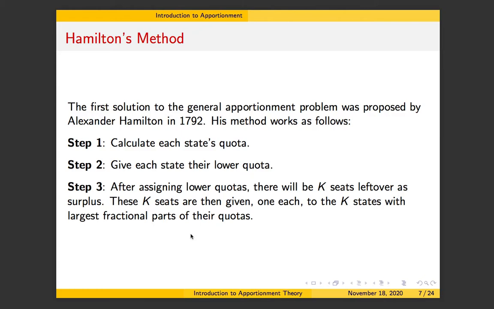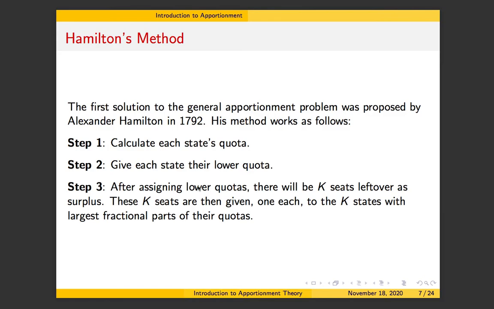This is the first proposed solution due to Alexander Hamilton. I heard they made a musical about this method, and I'm a fan of mathematical musicals, so I'll have to check it out sometime. And here's what he proposed in 1792 for allocating seats in the U.S. House to states. He said what you should do is calculate each state's quota, then give each state their lower